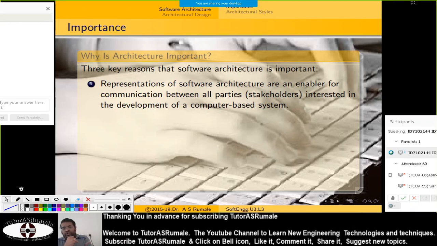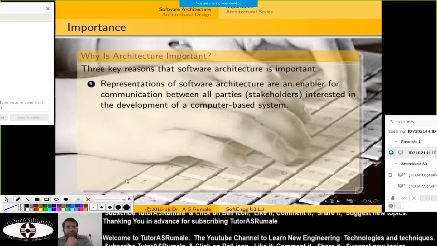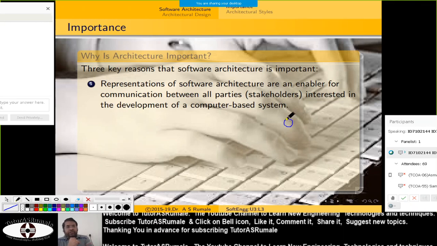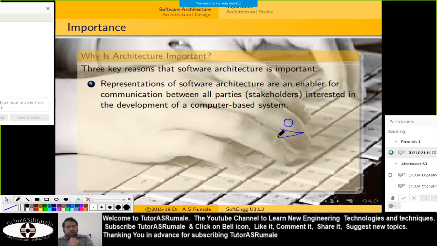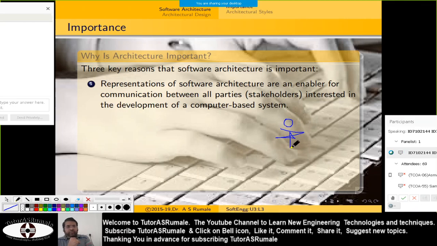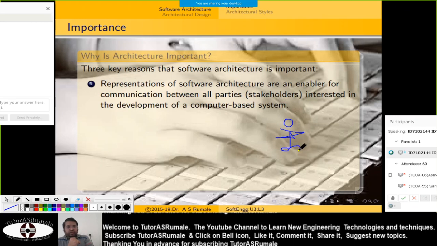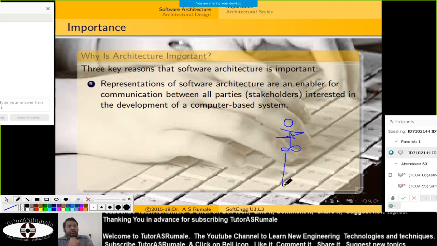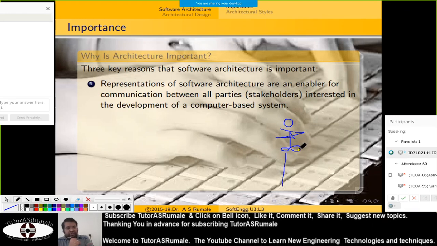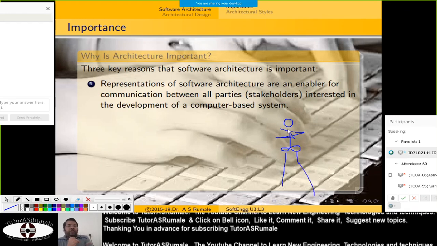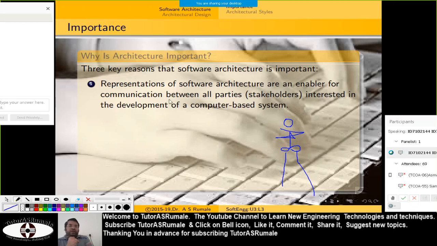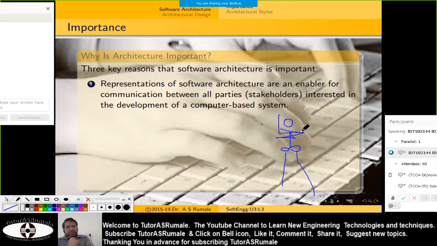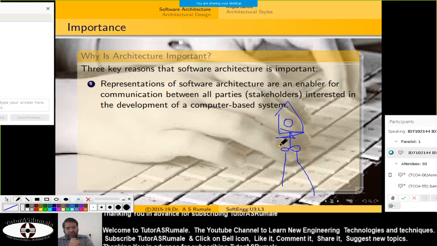Take an example here. I am taking the example of our body system. Our body system has a particular architecture. Here you have our skull, here you have our bones, then our bone marrow, then your legs, and likewise, bone architecture. So this shows how we can discuss all those things. When you say communication between all parties, now I can differentiate what is this and what is this, and likewise.